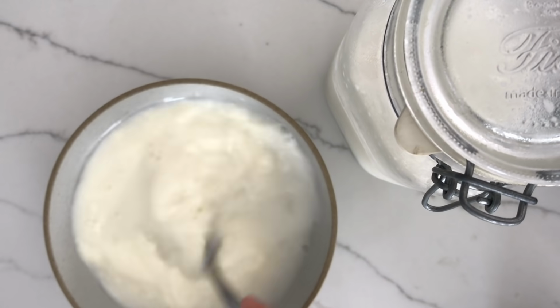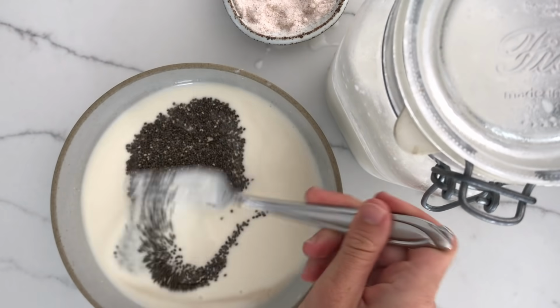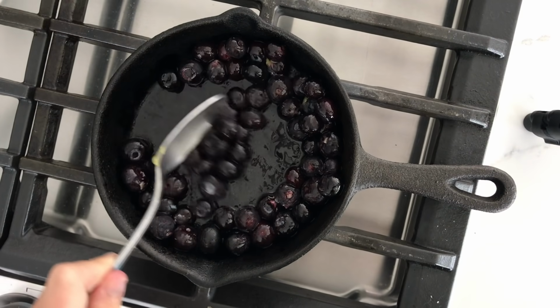Most people do chia pudding wrong for weight loss. Today I'm going to be showing you how to do it the right way. Now the big switch up here that we're doing that a lot of chia pudding recipes don't do is that